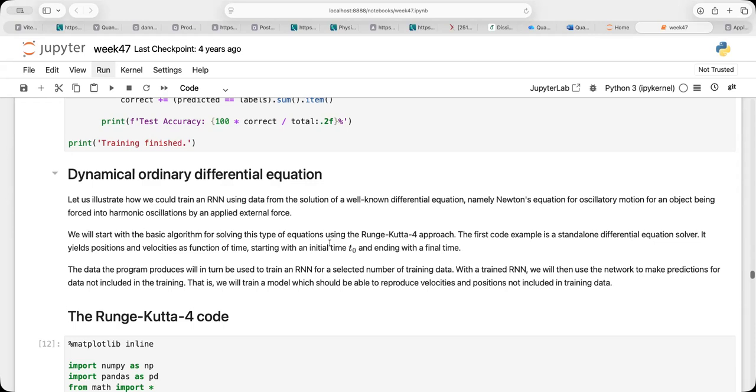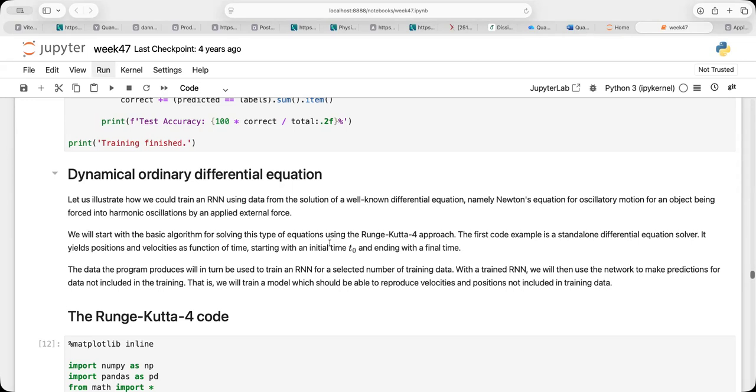If somebody is interested, I could design that for you as an alternative to the partial differential equation solver. What we are doing here is taking a fourth-order Runge-Kutta method and solving a differential equation, which is a harmonic oscillator with an external force applied to the system. This is what we discussed last week. And then we have a damping term.